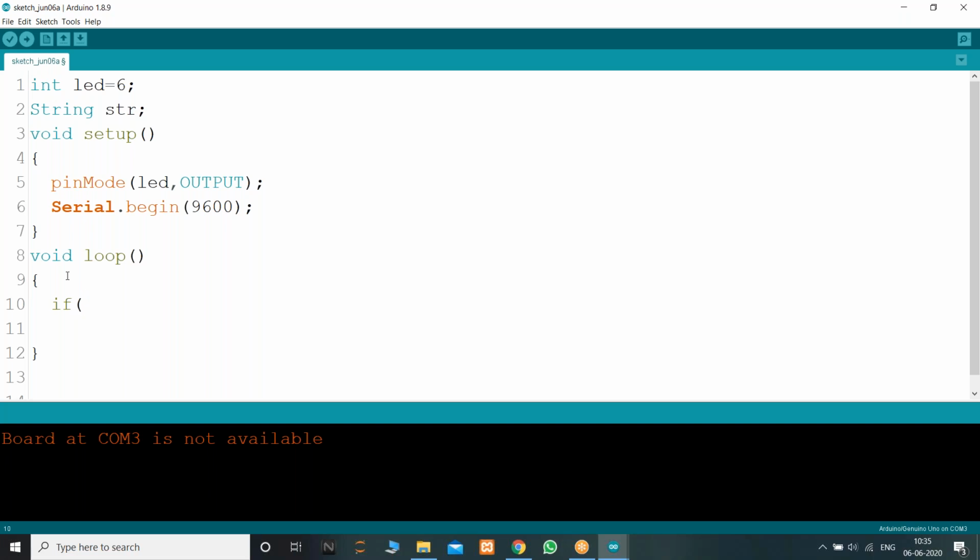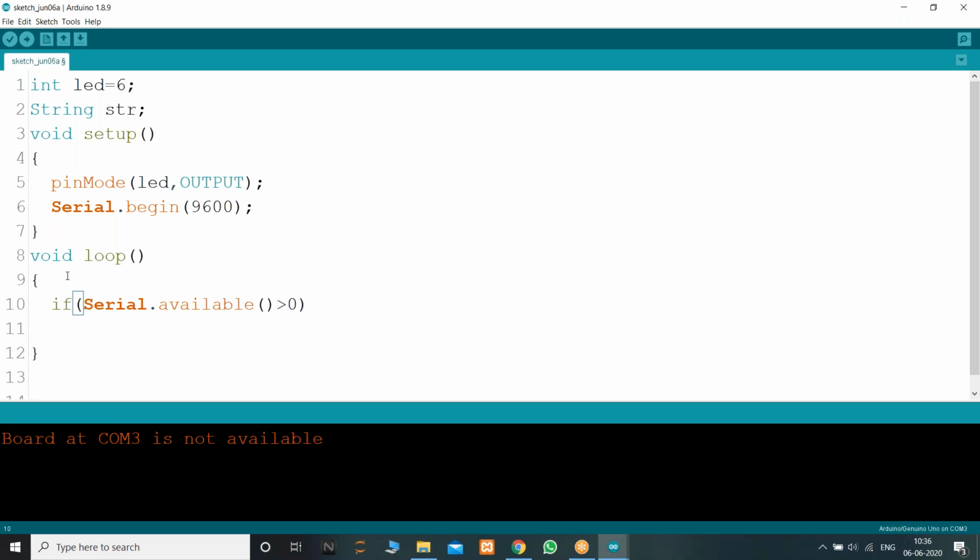If there is no data available, I'll just skip this loop. Serial dot available is the function for checking the availability of data. If there is any availability of data, the function value is greater than 0.